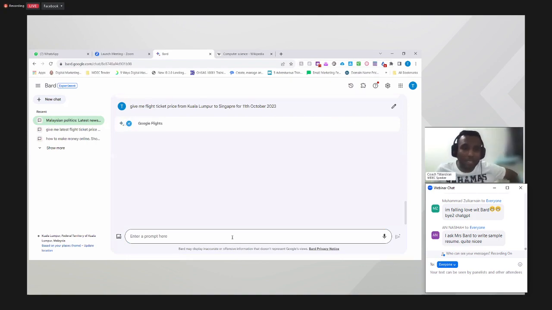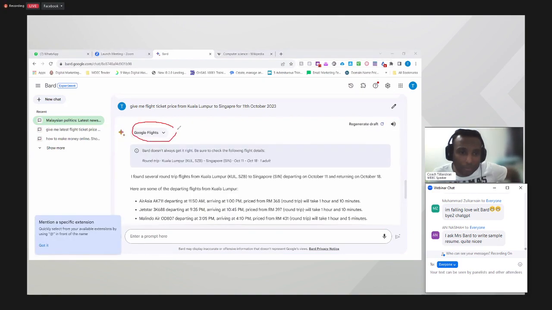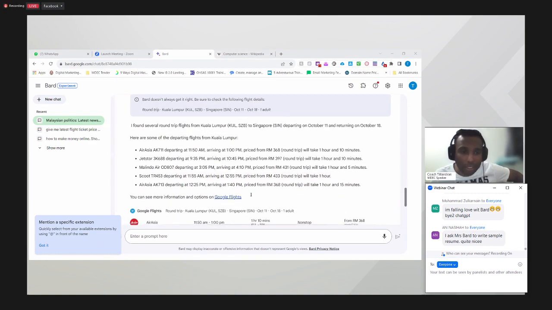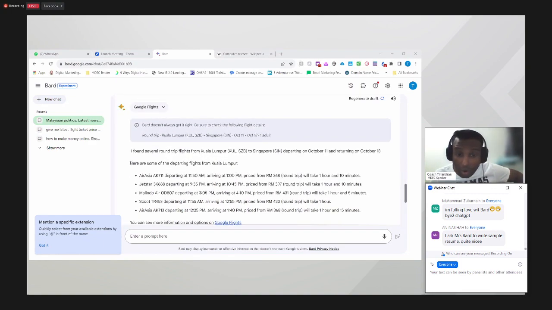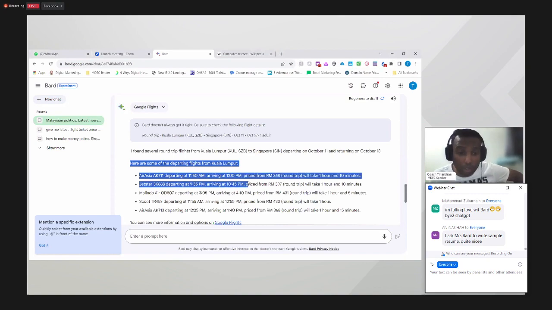If you look here, I want you to focus on this icon. See what it did? Google Bard immediately integrated its Google Flights feature and pulled out the information. Here is the list of all the flights departing from Kuala Lumpur to Singapore.